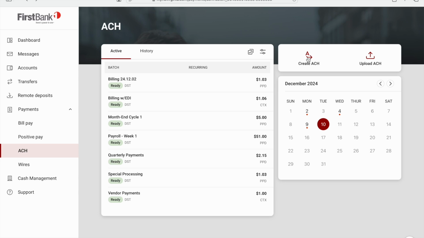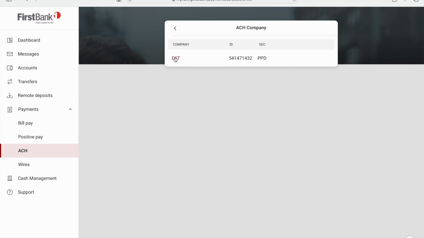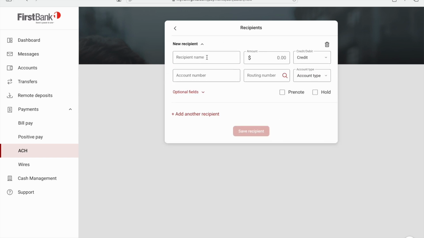I can also create an ACH. When I select Create ACH, I have the opportunity to give it a name. I can select my company, enter the appropriate information by selecting Add Recipients, enter this information, entering the amount, selecting credit or debit,